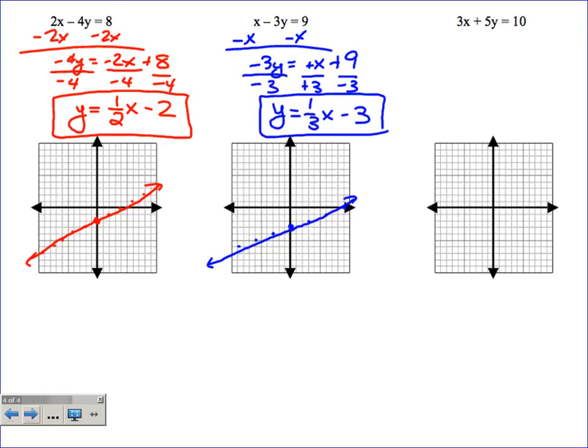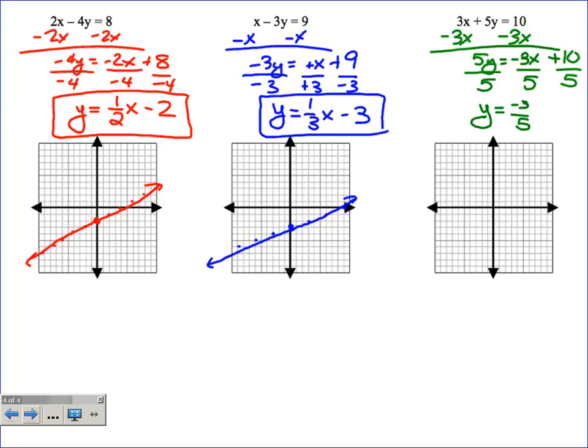Subtract 3? Oh, subtract 3x from both sides? Okay, what do we get? Sounds good to me. Now what? Divide everything by the 5, not 5y, but 5. Okay, and what are we left with? Yeah, and that's perfect. So -3/5, which is totally fine to leave just like that because it's a fraction